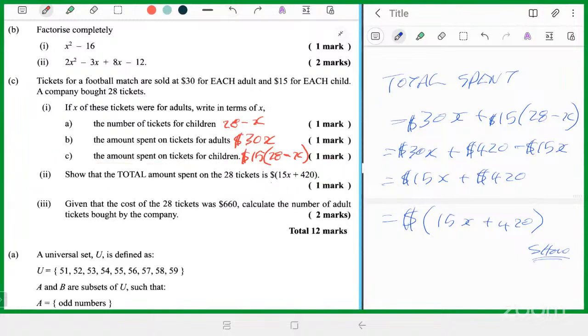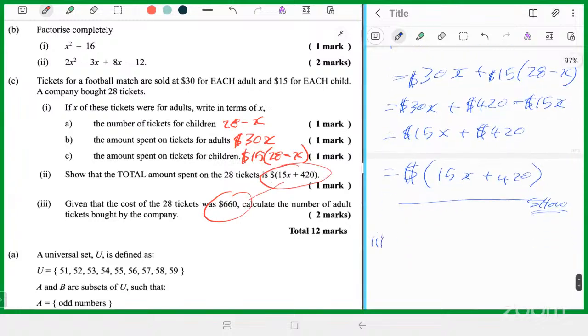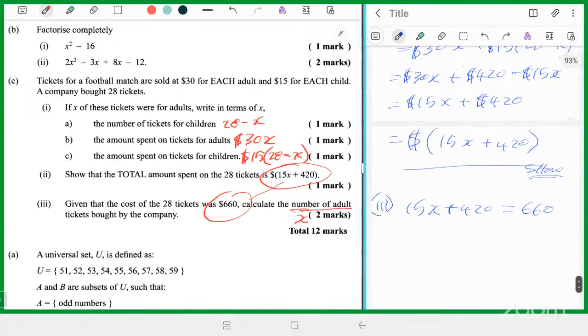Then it says, given that the cost of the 28 tickets is $660, I said this equals 660, you know. First of all, it means that the total amount, which is 15x plus 420, is equal to 660. I left out the dollar sign. The question says, calculate the number of adult tickets sold. So this question is asking us for x, the number of adult tickets. You need to calculate x from this. So based on this, x is going to be